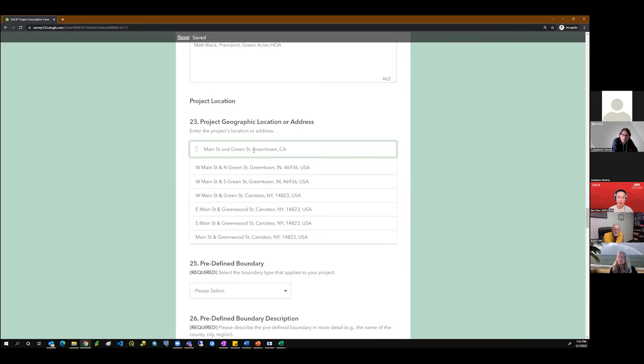And you'll notice as I'm putting in information here, the form will automatically suggest addresses. So you can pick one if the correct one shows up. If the right address doesn't show up, you can just enter your own and leave whatever information you put in. So you don't have to select one of these if it's not correct.